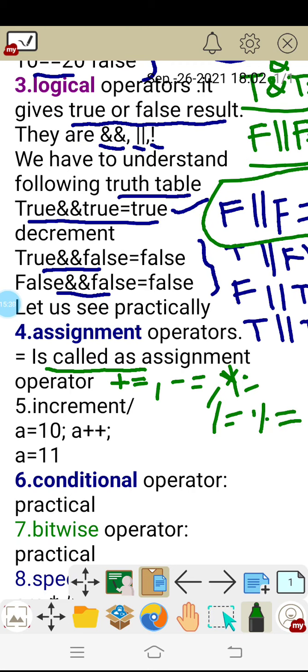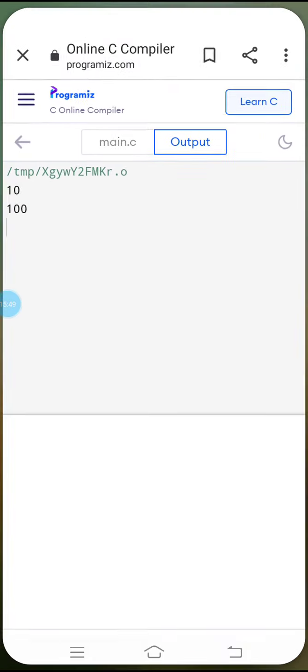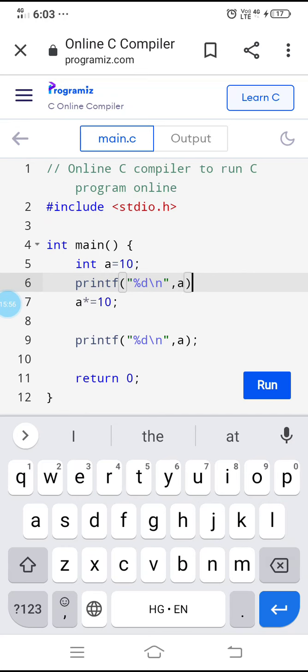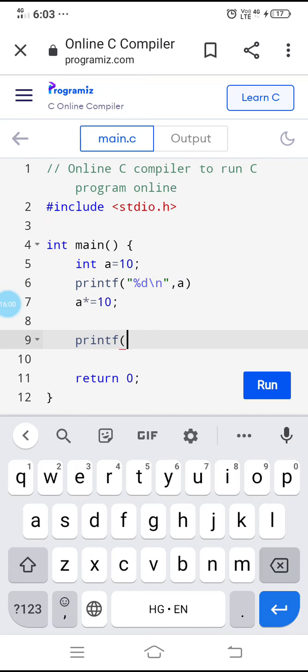Okay. So next one is the increment and decrement operators. Increment means increase the value by 1. Decrement means decrease the value by 1. a is already 10. If I put the plus plus operator, that is the increment operator, a will be converted to how much? 11. Let us see by a practical example. Let us remove this line. So let us implement the plus plus operator.